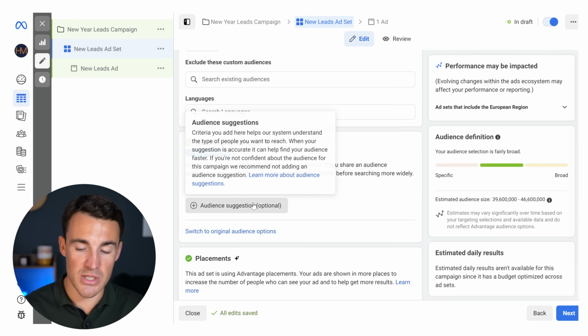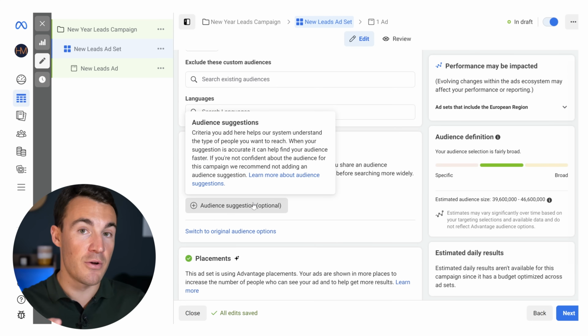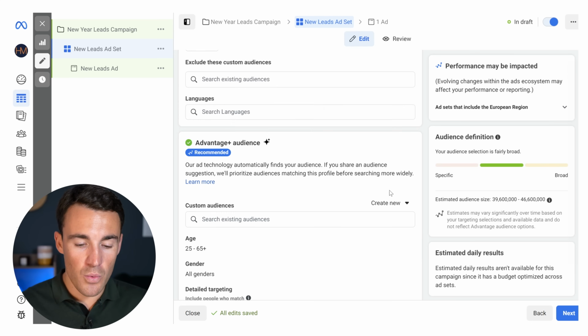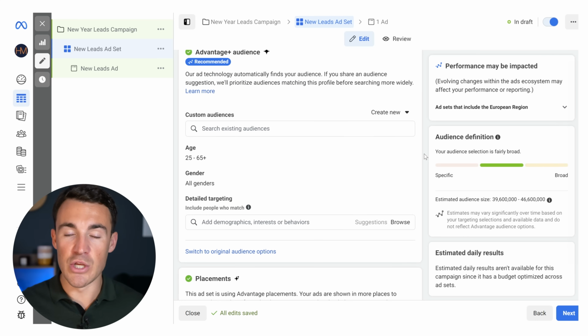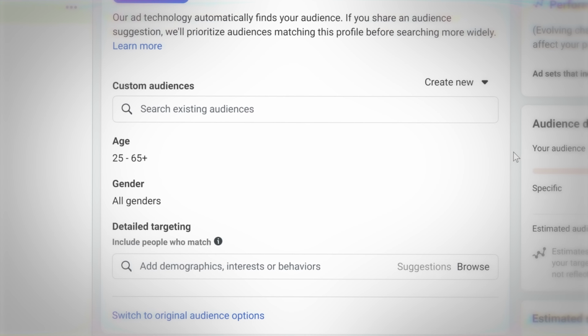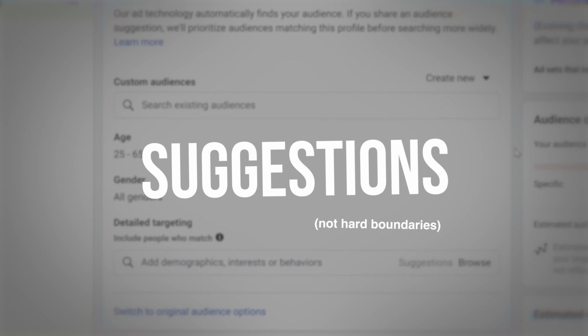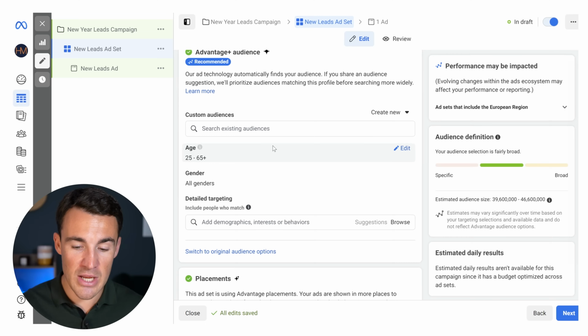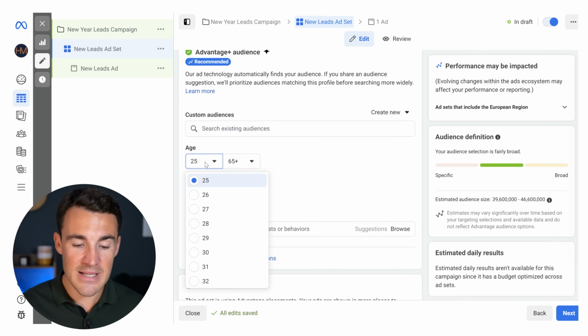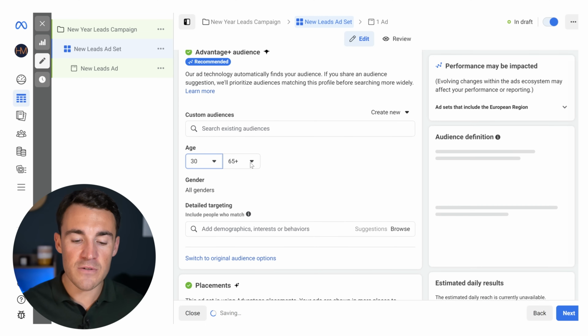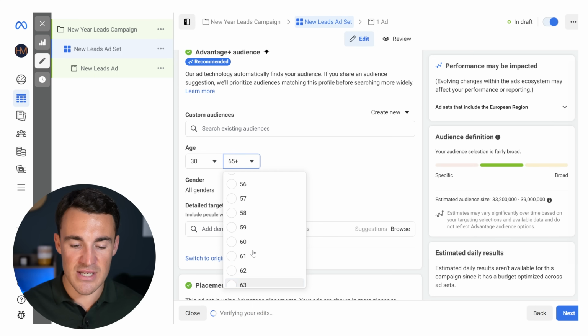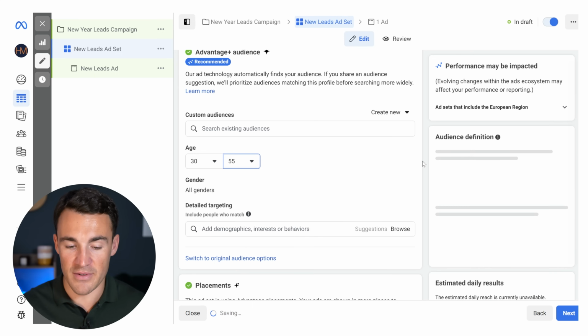It's what Meta wants us to use, and it's something I would recommend for beginners. So the difference between Advantage Plus Audience and what we used to have is that with Advantage Plus Audience, the targeting criteria that we add here are suggestions, not hard boundaries. So for example, age here is 25 to 65. If I said to Meta, for example, most of our clients are age 30 to 55, let's say, then Meta